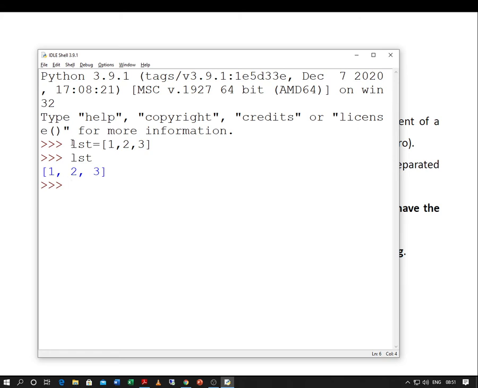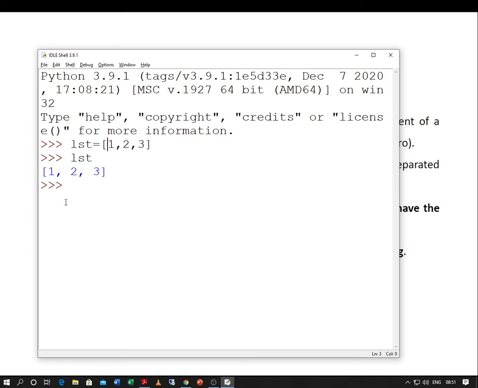A list is simply a sequence of elements enclosed within square brackets. Remember, in Python each type of bracket indicates something different. So, for list we have square brackets, and you can define either an empty list, that is without any element, or with one or more elements.